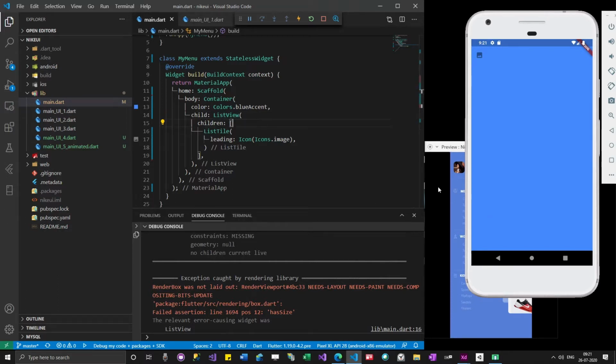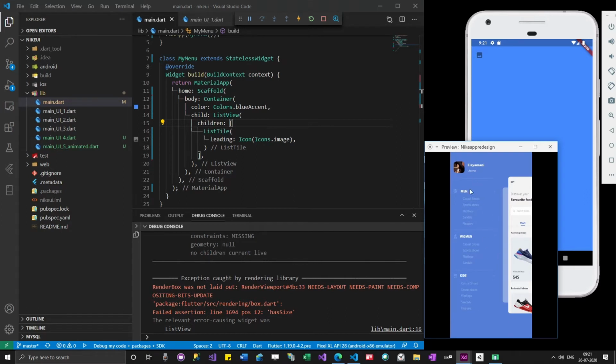Okay, so what I will do is I will take a list view and try to place items inside it. Okay, so this is the list icon, right?